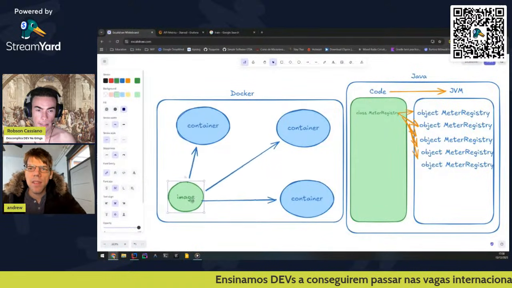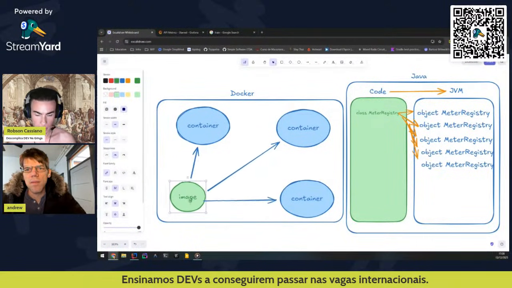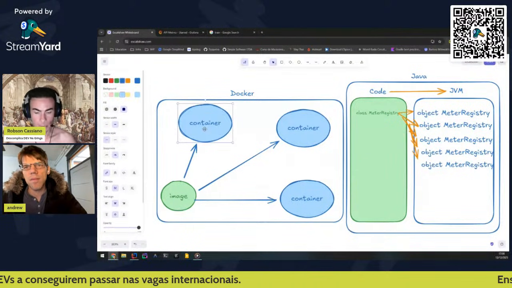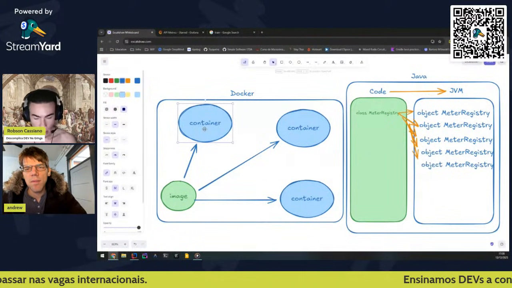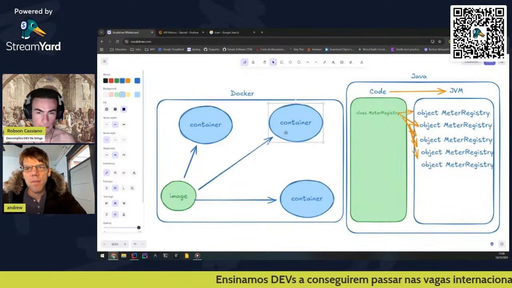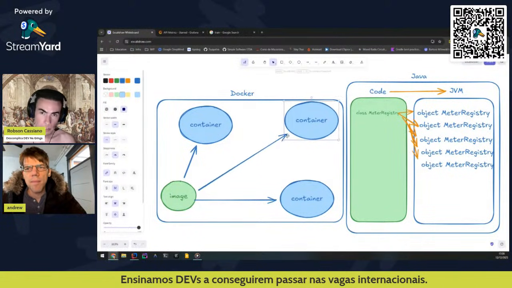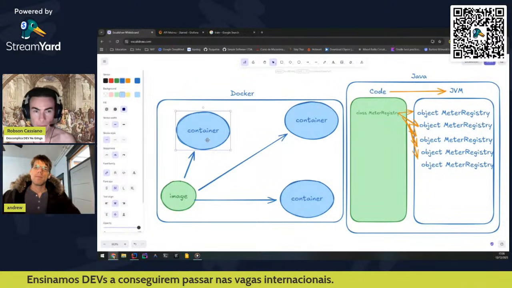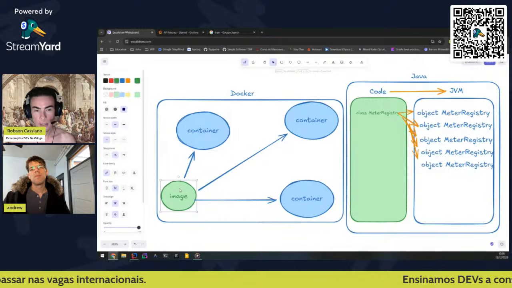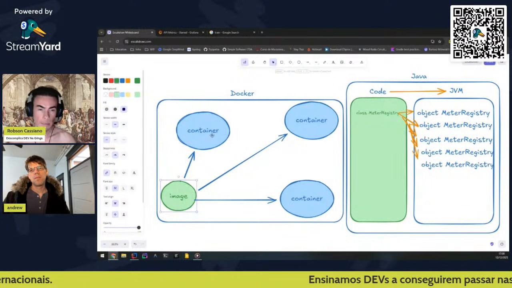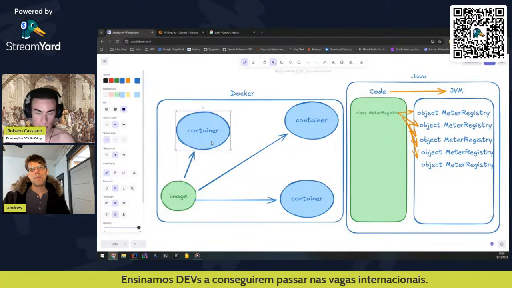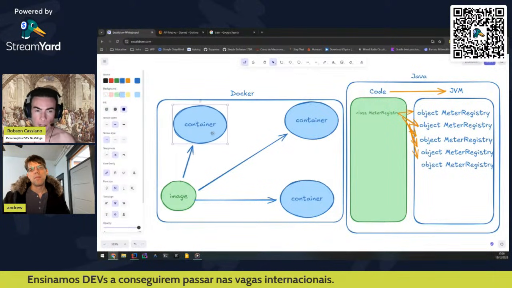The image itself is not going to change, but the instances of the image, which we call containers, they may change. They may be totally different. Not totally different, but different enough to be used in a different way. Because the base itself remains the same, but the instantiation of the image, which we call containers, they may change,